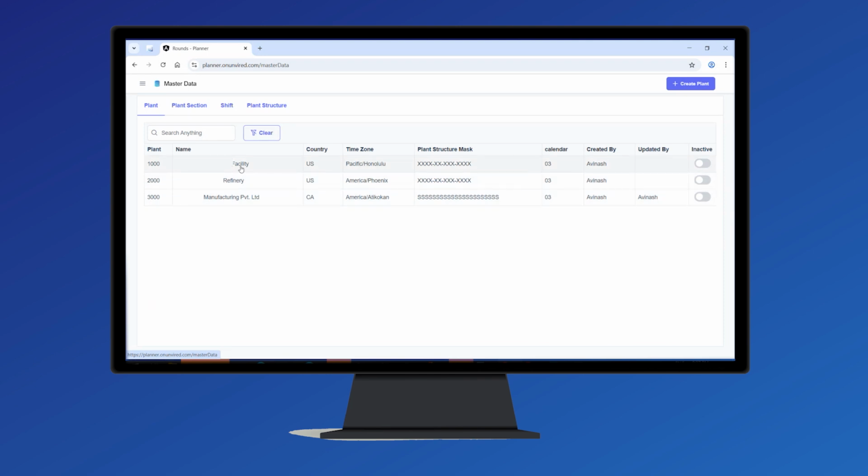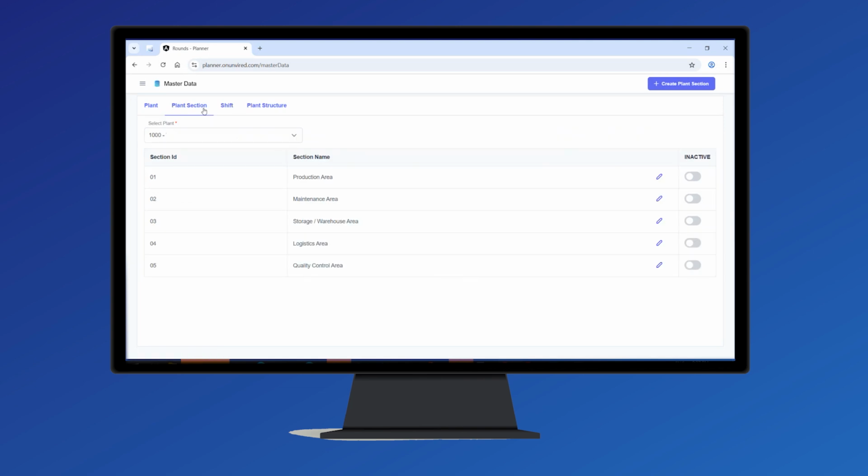So we have 3 plants here, and within plants, we also have the second tab where you can define multiple plant sections. Within each plant, you can actually decide what sections you can have, just to organize the CILT, the planning and everything, right? We enable you to define the structure yourself, in the absence of